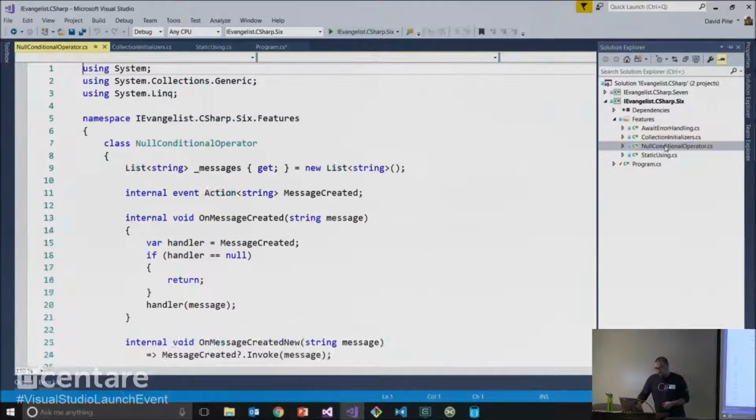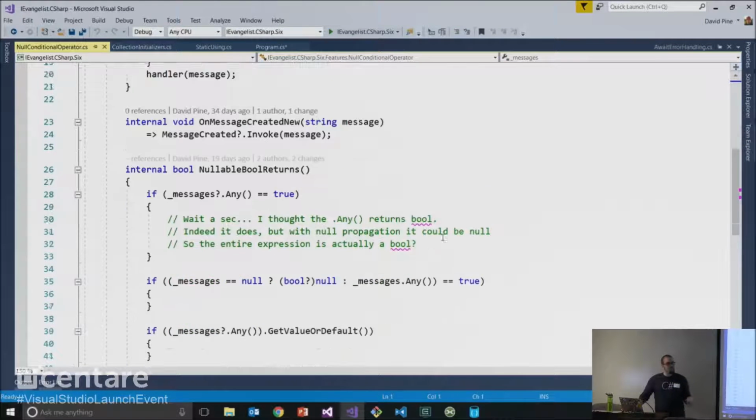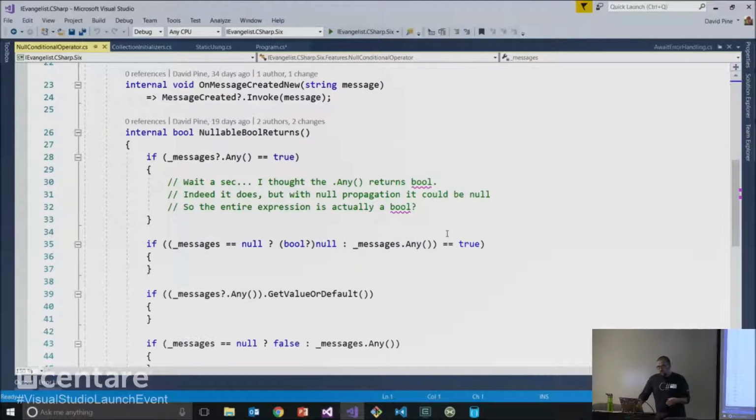Demonstrating some of the null-conditional operators. I had already shown this. One of the things that was really interesting to me about this is that things start to get a little interesting in terms of evaluating those expressions. You really have to understand some of the stuff under the hood. So imagine we have this messages, which is just a list of strings. If I do a null conditional operator on it to check whether or not there's any there,